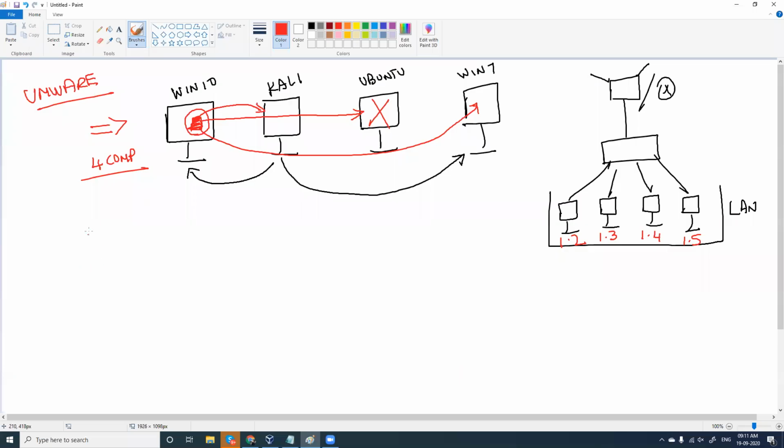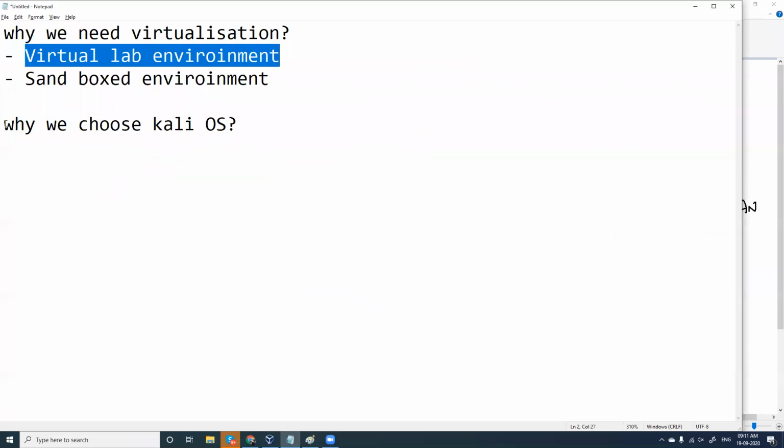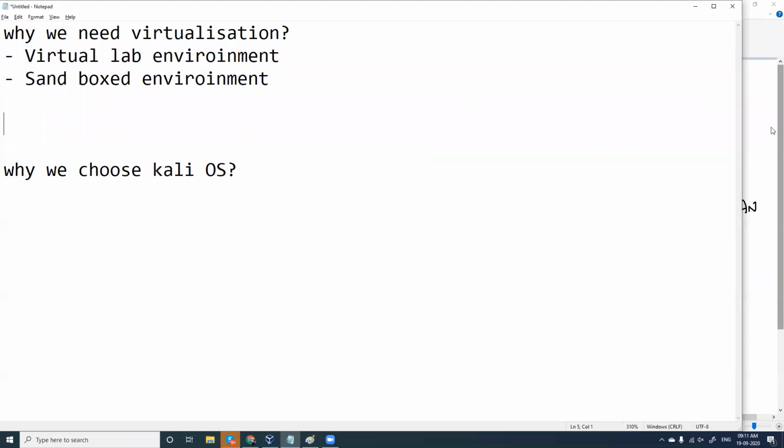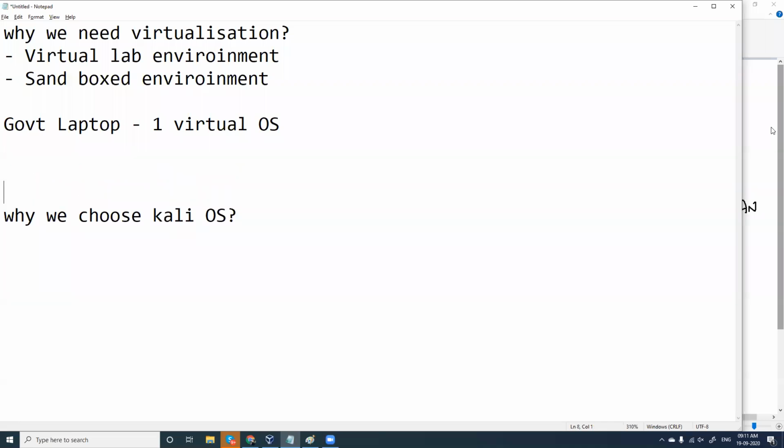In case you have a government laptop with like 4 GB RAM, you can run one virtual OS. You can run one virtual OS on your government laptop, which is of low configuration, and obviously you can install one operating system in VirtualBox and run this.